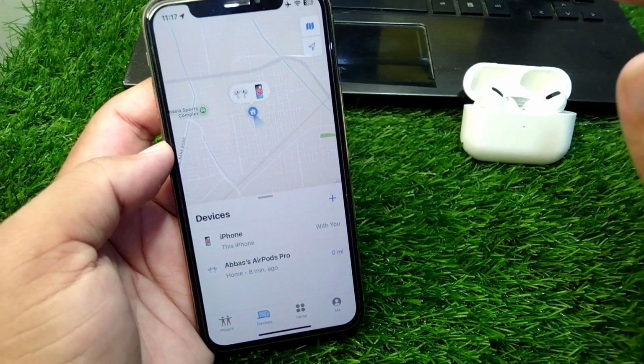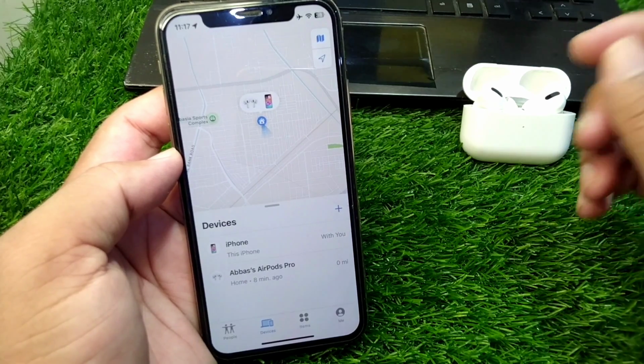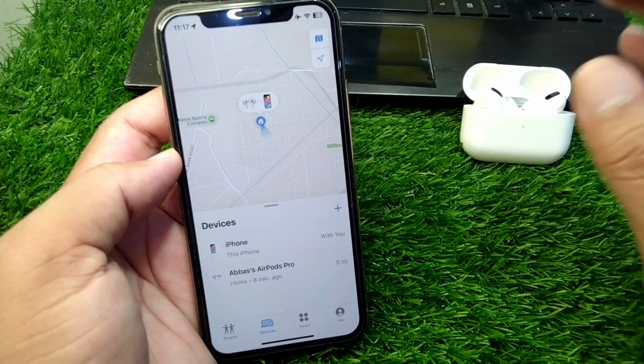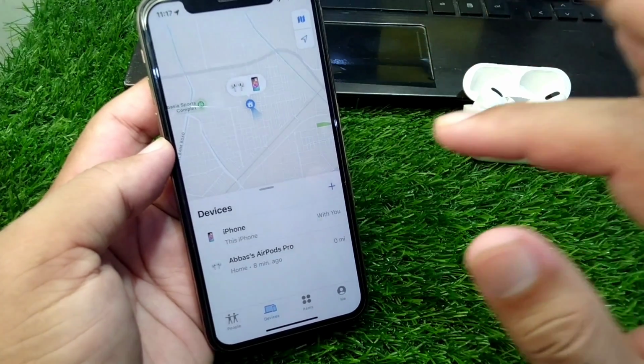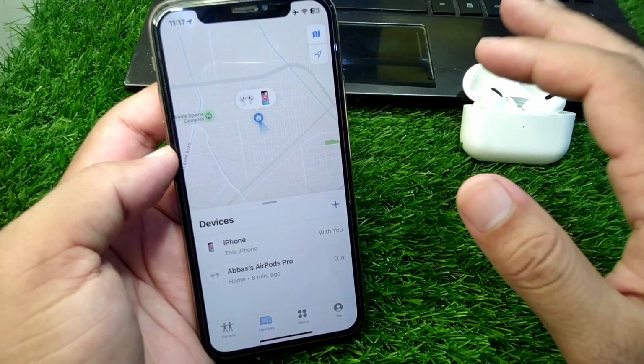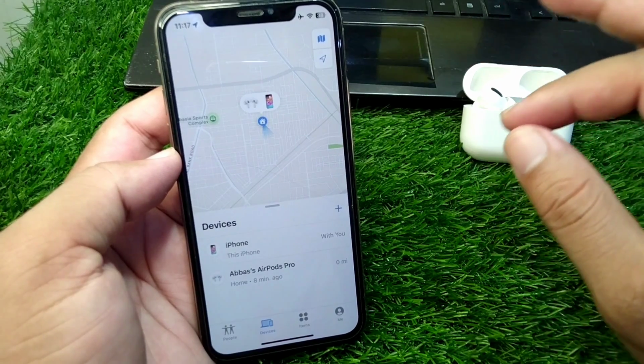So guys, you have to simply request the person from whom you have borrowed these AirPods to remove the AirPods from his Find My. And once he removes them, then you will be able to show them on your Find My very easily. So guys, this is the way you can follow to add or show your AirPods